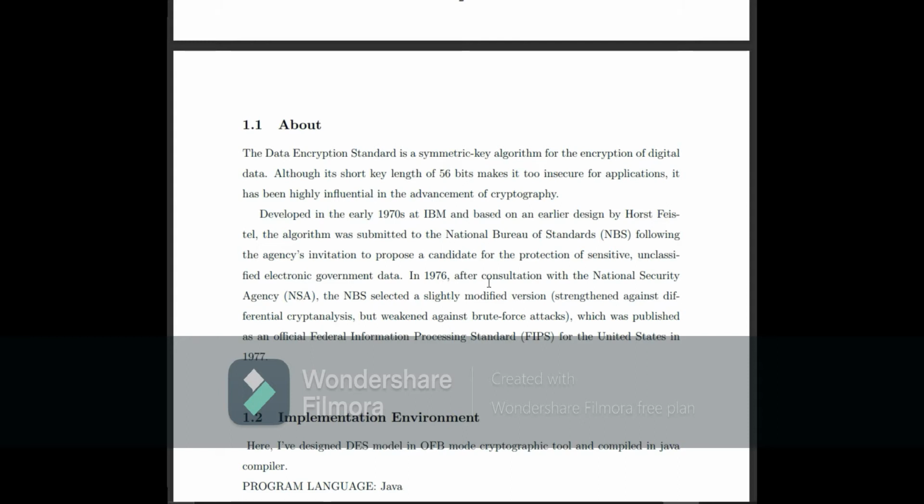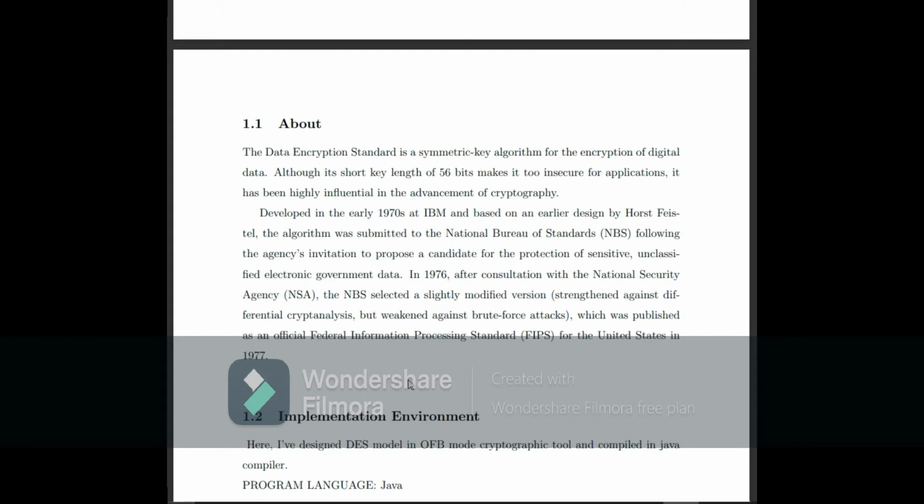In 1976, after consultation with the National Security Agency, it was modified and published as an official Federal Information Processing Standard for the United States in 1977.